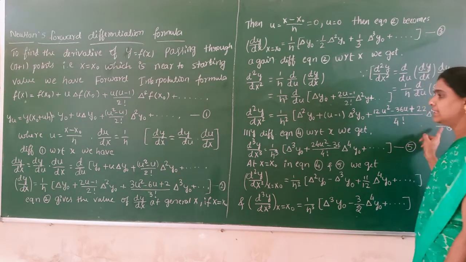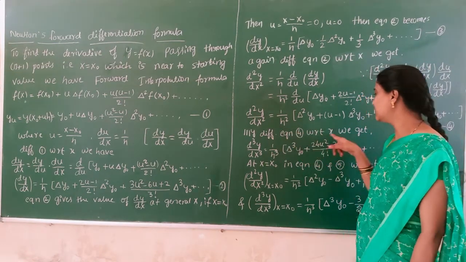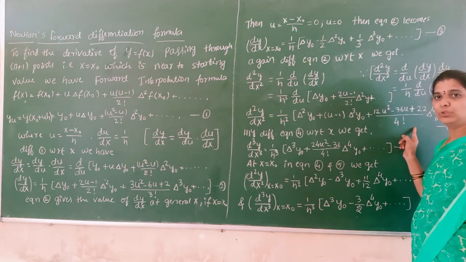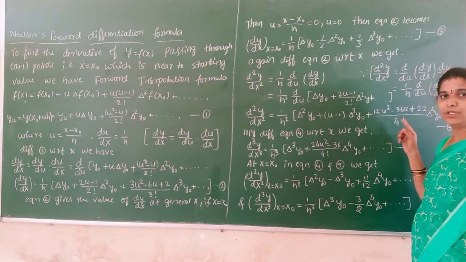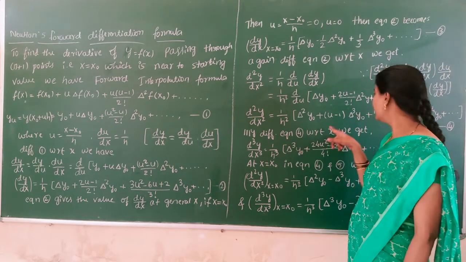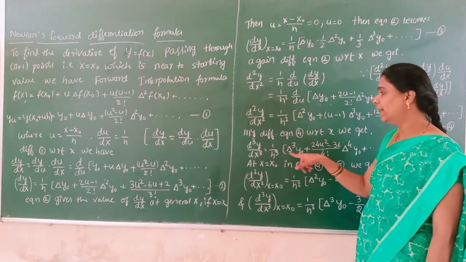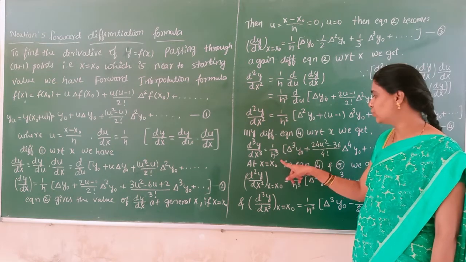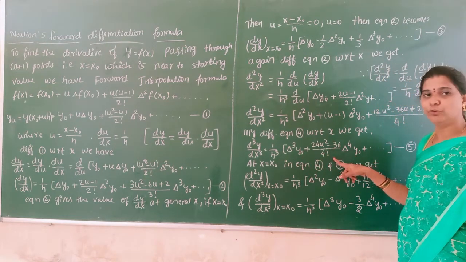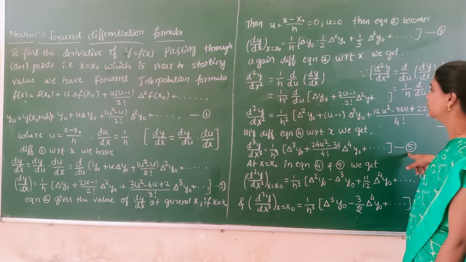We call it equation number 4, and this equation 4 is called the second order derivative with respect to any point x is equal to xn, or x is equal to any point itself. Similarly, to differentiate equation number 4, we will get the third order derivative, and we will get the value 1 by h cube del cube y naught plus 24u square minus 36 upon 4 factorial into del raised to 4 y naught plus so on itself. We call it equation number 5.